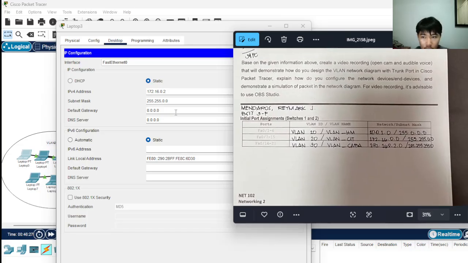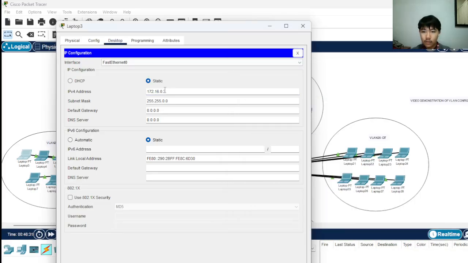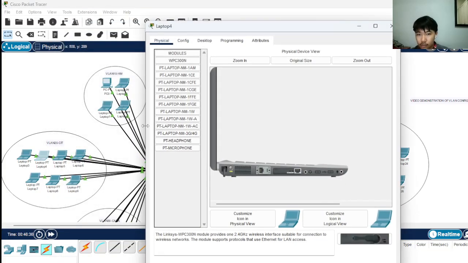Here the subnet mask is 255. Okay, since it's just increasing by 1,